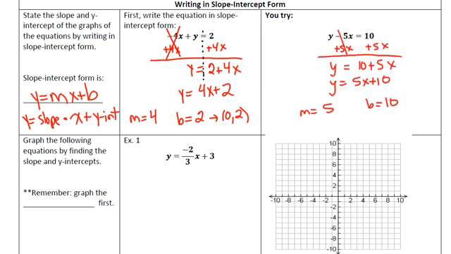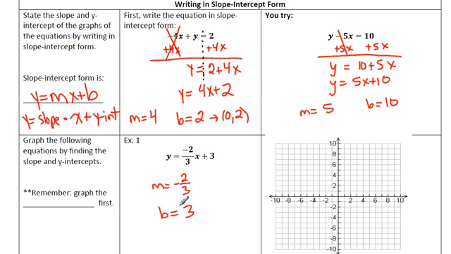When you got it into slope-intercept form, it should say y equals 5x plus 10. So your slope is 5, and your y-intercept is 10. So what does this mean for us? How does this affect the graph? Well, let's see. Y equals negative 2/3 x plus 3. Our slope is negative 2/3, which means it will be a downhill, fairly shallow line, and our y-intercept will be